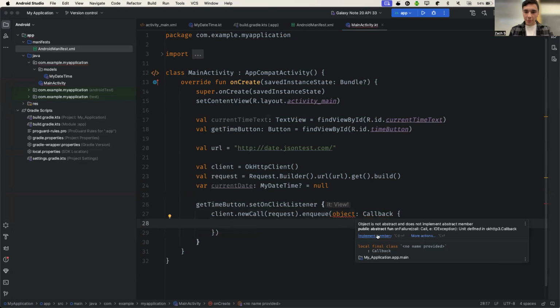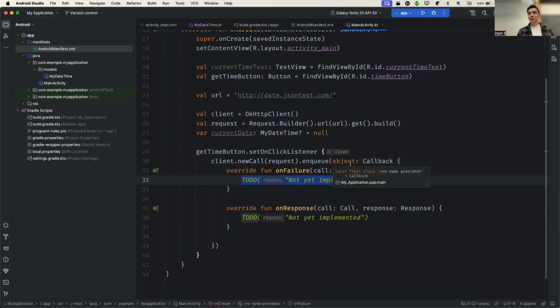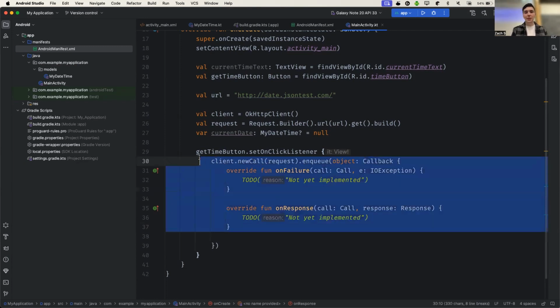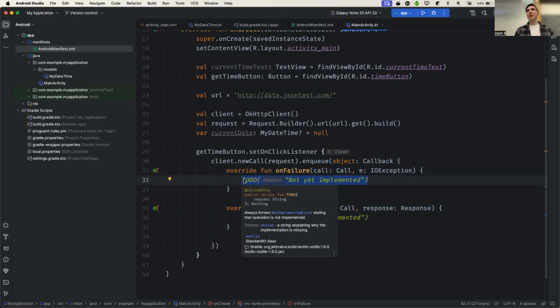So we're going to implement members, and basically we're passing in this object that implements this callback interface. And for this object to implement this interface, it has to have these methods implemented, right? So we're going to have to implement these methods, and we want to implement the on failure and on response. So when it fails, why don't we show the failure message so we can see what's going wrong? And the way that we're going to do this is using, first we have to